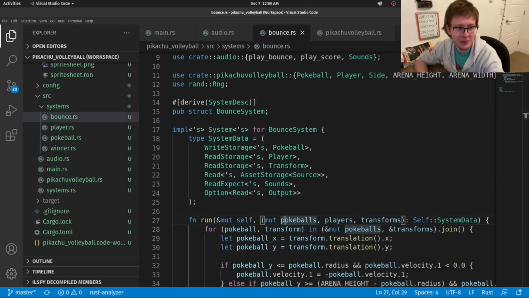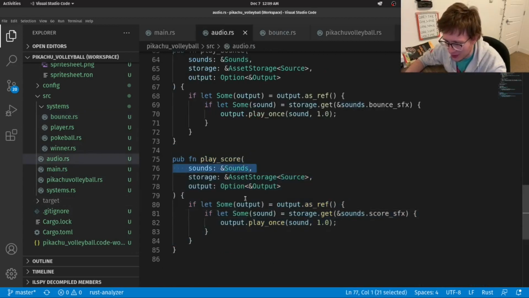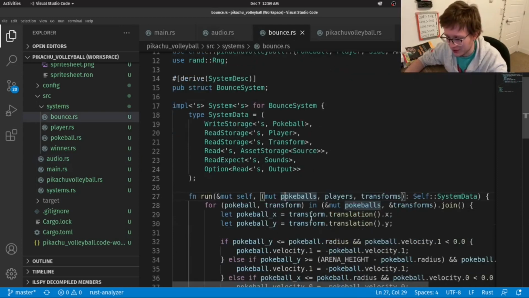It's a bit odd, but it's not like we have access to the items in the struct sounds in audio.rs. Do you know what I mean? Like in here, in audio.rs, why are we passing in sounds, right? Why aren't we just playing the sound? And that's because the world has access to those resources, but audio itself doesn't, right? So if things look odd, that's why. Hopefully that's a good explanation.